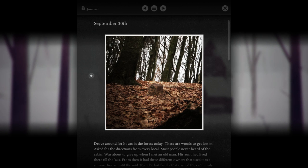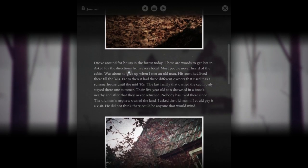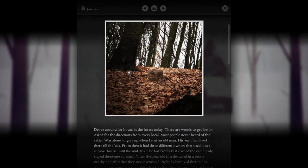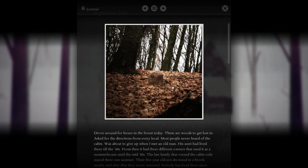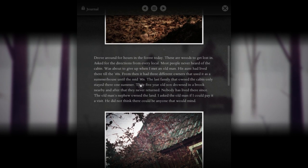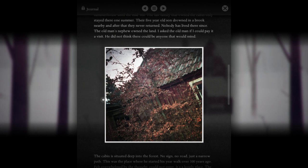But something interesting comes up on the 30th, as Theodore is going through the Vedtorp countryside, attempting probably to find some familiar locations, namely, I think Daniel's cabin in the woods. He also happens across this weird wooden box, which seems very familiar to one we might have seen in our travels in the game. But he decides to take that box with him, and he also finally happens upon Daniel's